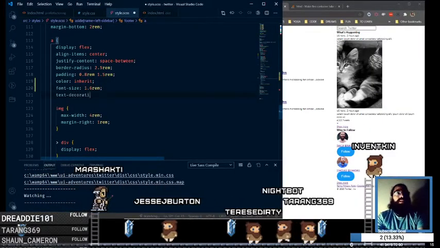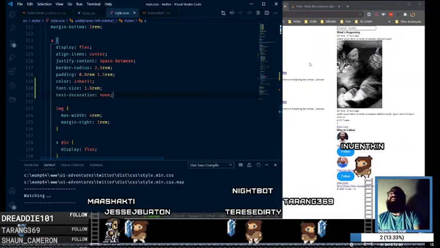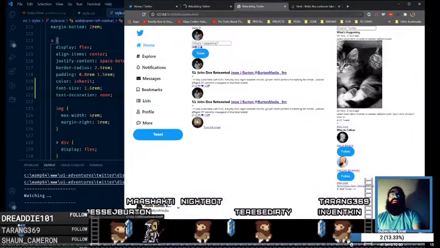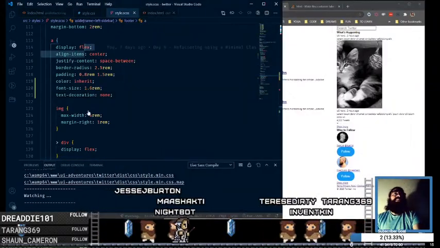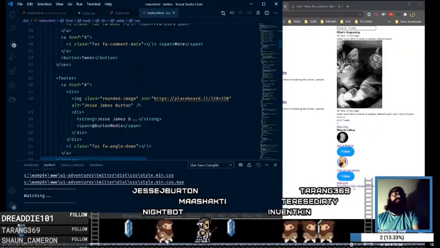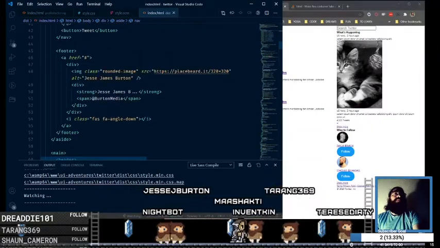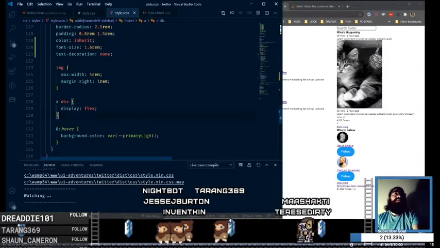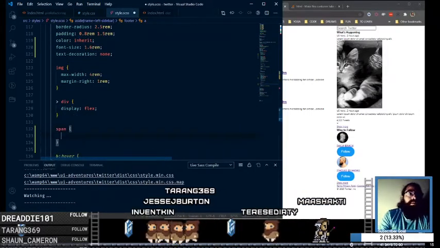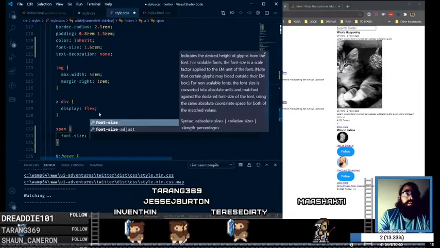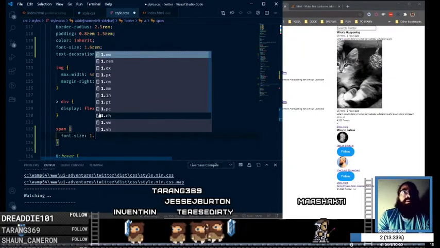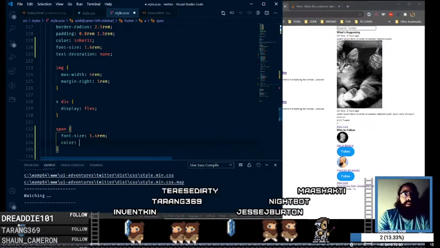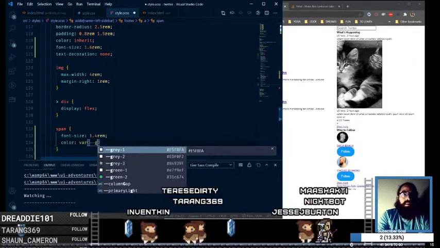And we want text decoration none. And how do we have the markup? We have our strong and then we have a span. So the span we'll make it a tiny bit smaller and we'll make it our